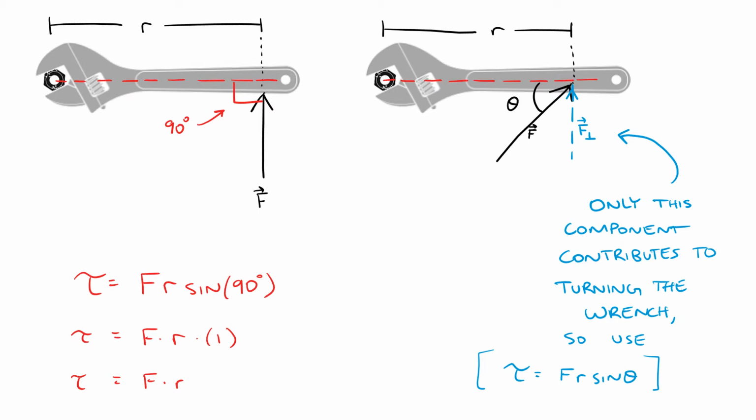Now it's not so clear how much force I'm delivering to the wrench. This is where we're going to use that second, slightly more complex version of torque, because torque is always a force that is tangent to the circular motion. So we don't want this. We want to know how much force is being applied perpendicular. That much. So if I had the angle, I could figure out